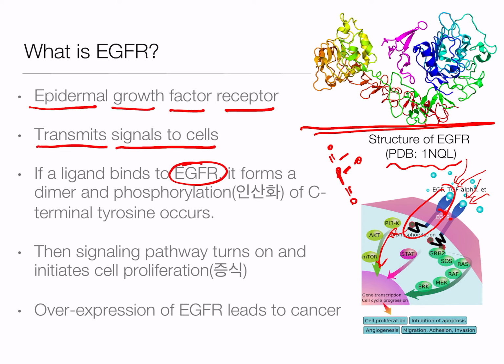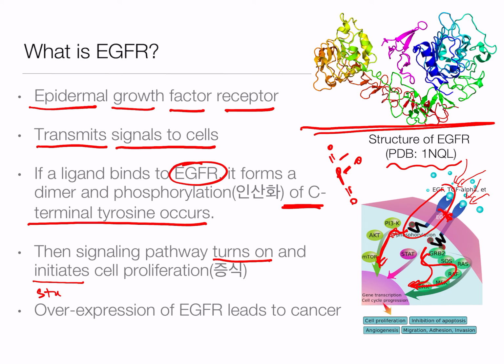Dimer means two EGFRs bind to each other, and phosphorylation of C-terminal tyrosine occurs. And then the signal goes along through many proteins until the nucleus of a cell. This signaling pathway turns on and initiates